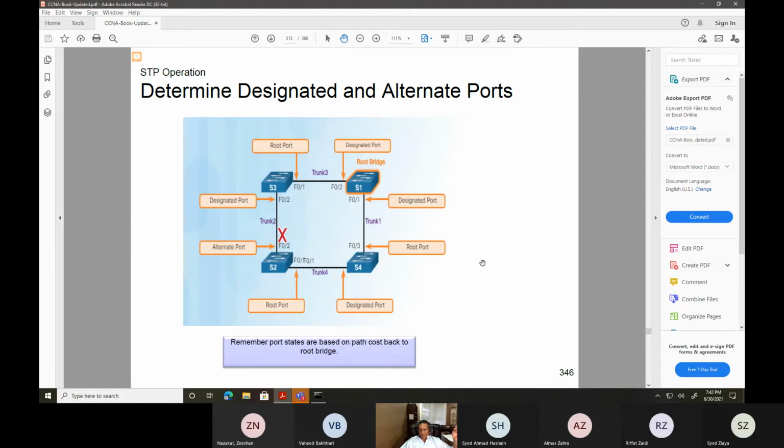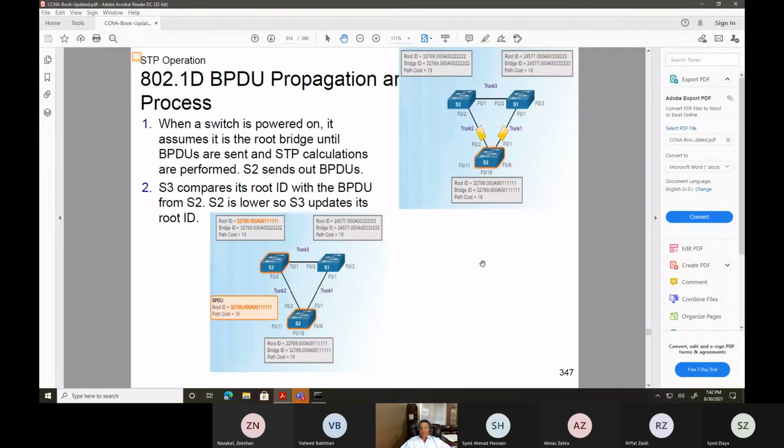But if you have a design where you've got five switches interconnected with each other, then you are going to be using STP. But if you have only two switches connecting together and then going to the router, obviously you're not going to be using STP there. So it all depends. If you have a bigger environment, then you have to use STP because there is always a danger of a loop creation. So it all depends on how you design it.